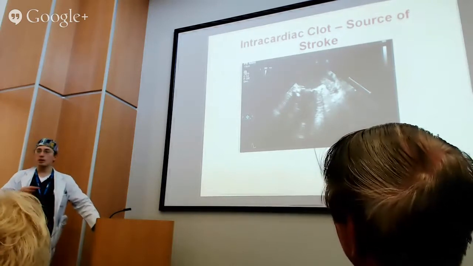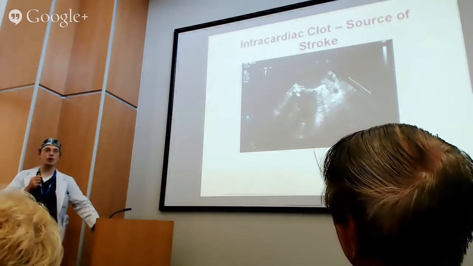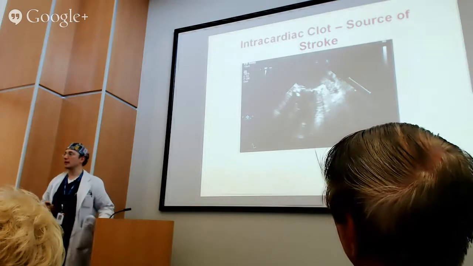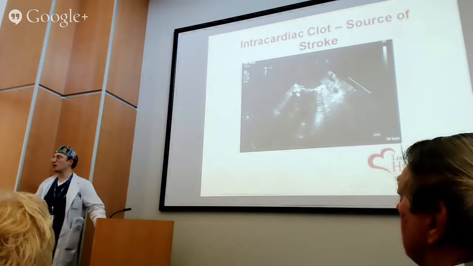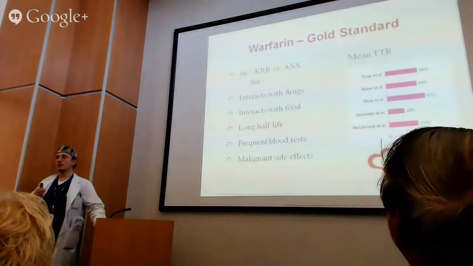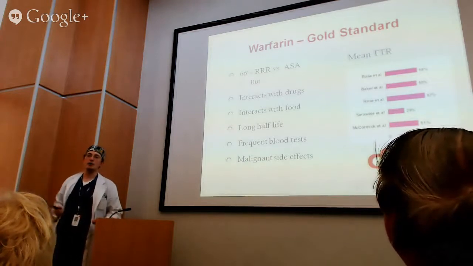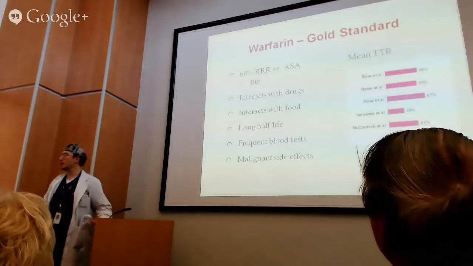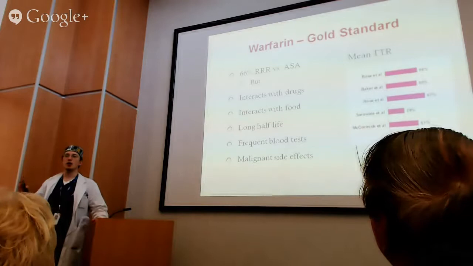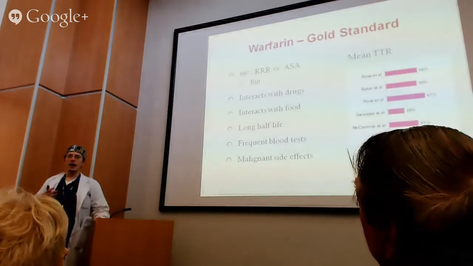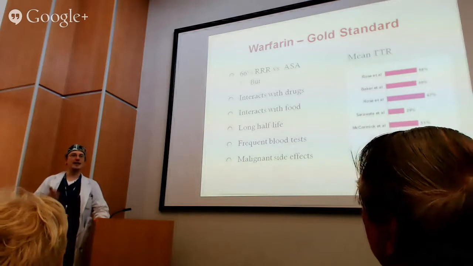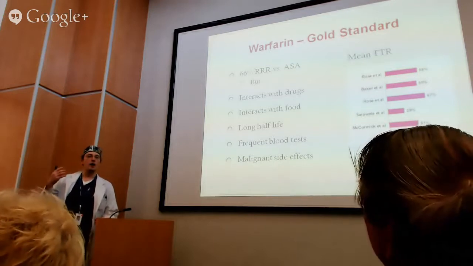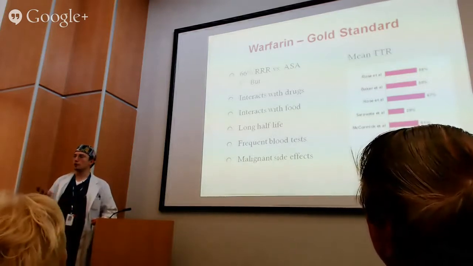When that blood clot dislodges, or a portion of this blood clot breaks off and moves into the neck or into the brain, it tends to cause devastating strokes, and this is obviously an area of great concern. The standard treatment for this, which has been around for decades, is warfarin, Coumadin. It's a very, very effective treatment. If you look at multiple different studies that look at how well warfarin performs, it does very well compared to not taking warfarin in the setting of atrial fibrillation. There is an over 50% reduction in the risk of stroke if you take warfarin.